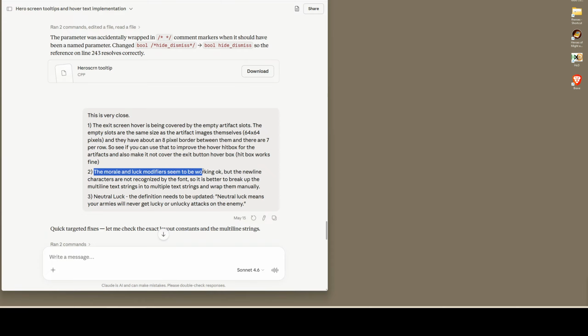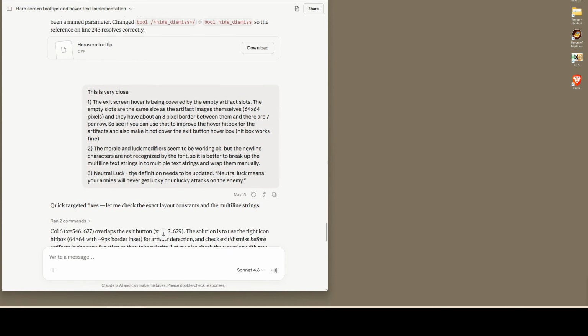Morale and luck modifiers seem to be working, but the new line characters are not recognized by the font, so it's better to break up the multi-line strings, well, okay, that's not clear English. Strings inside, I guess I meant, into multiple text strings and wrap them manually. Neutral luck, the definition needs to be updated. Neutral luck means your armies will never get lucky or unlucky